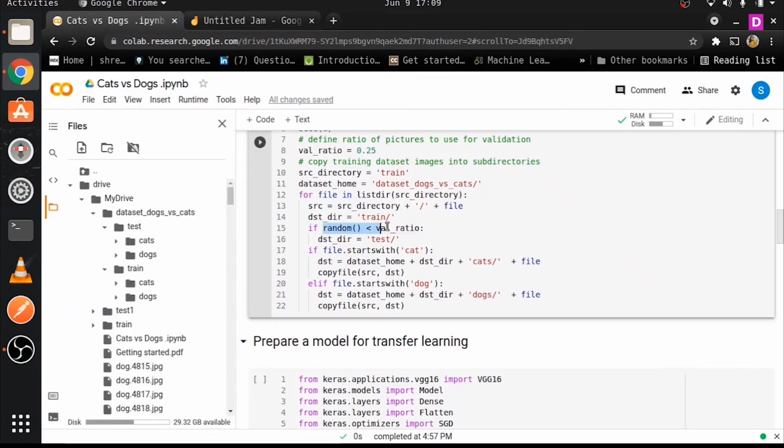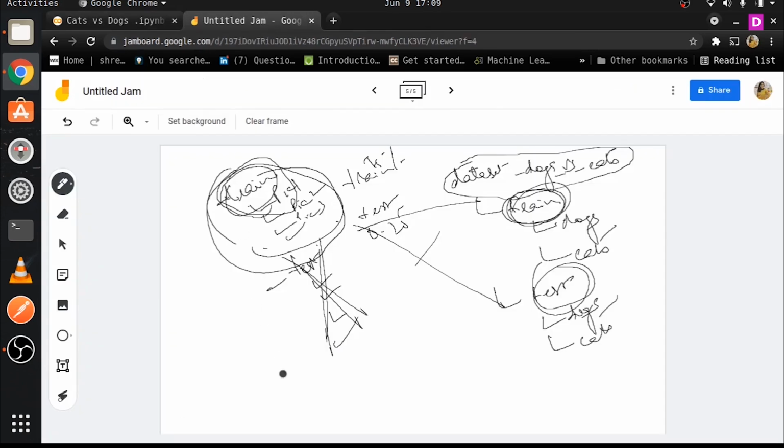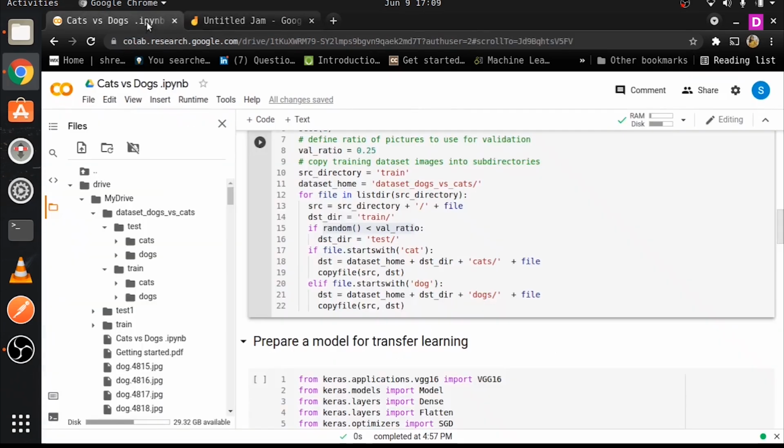It will randomly give you values between 0 and 1. If your value is less than 0.25, it will go to test, otherwise it will go to train. This divides the data into a split, but also randomly. So if it is less than 0.25, your destination directory changes to test, otherwise